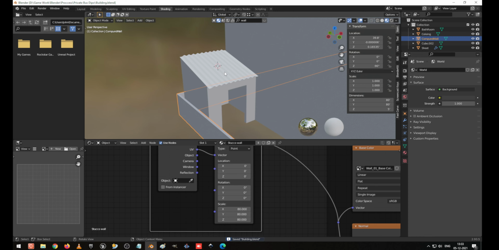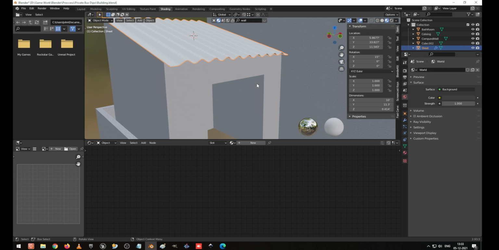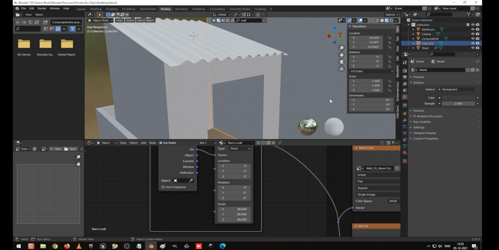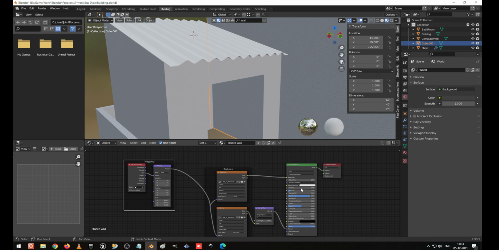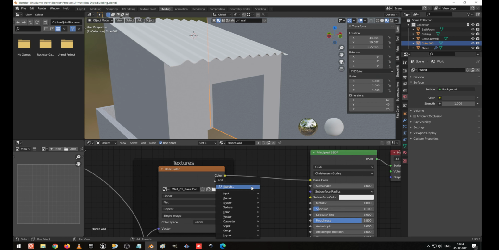And this ASPA sheet also I have given nothing, so I am going to give it something. So I select this. I try to change the color using Shift A, search for the mix shader.